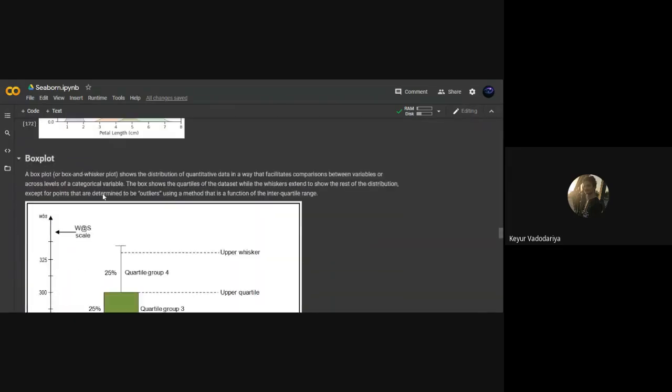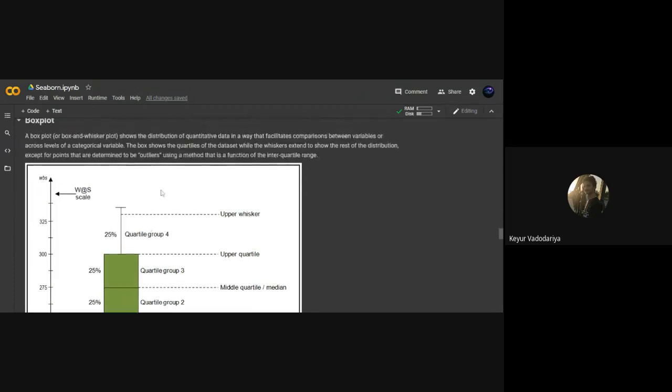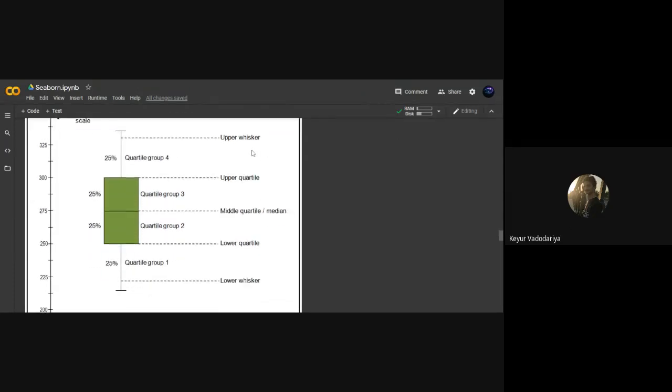Now next comes the box plot. A box plot gives us huge insights about our dataset. This box plot looks like this. Each value means: the line in between is the median, the lower line is the first quartile, and the upper line is the third quartile.